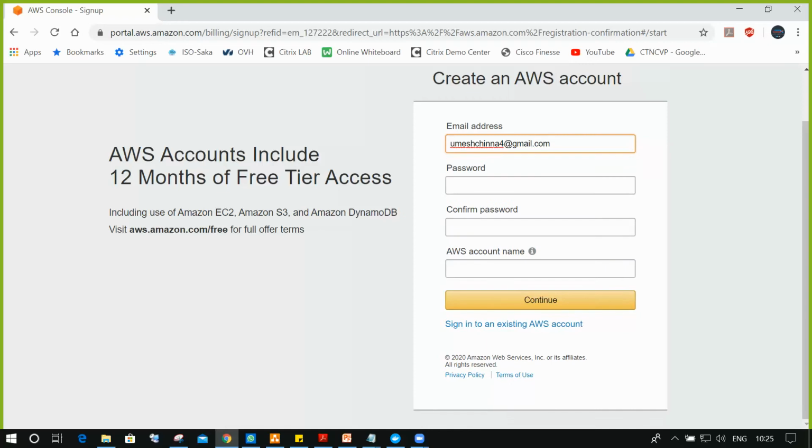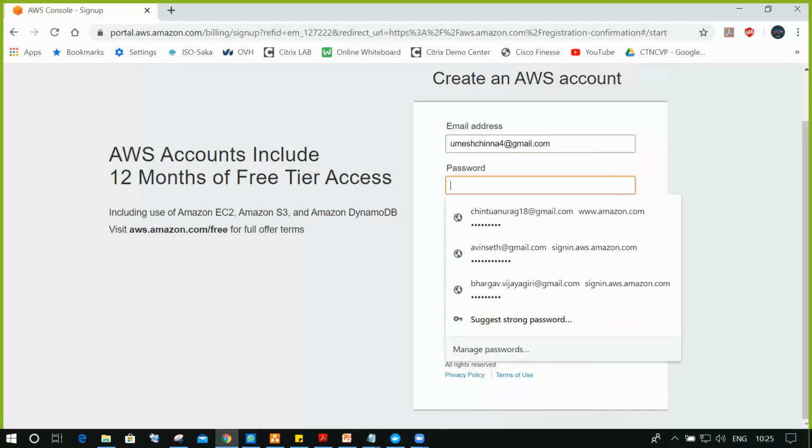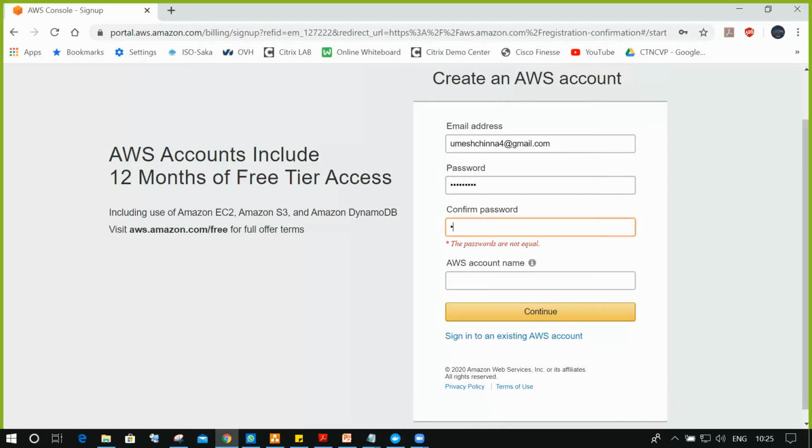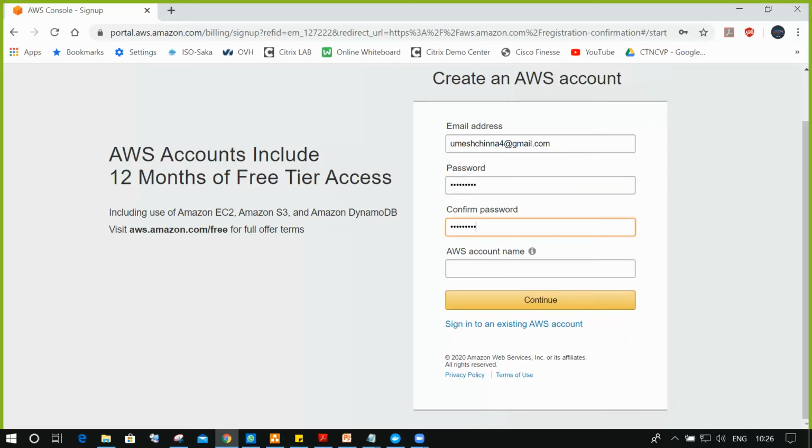So for example, this is the Gmail account I'm going to use. Very simple, I'm going to create a password. I'm not disclosing this. So enter the password and confirm the password.